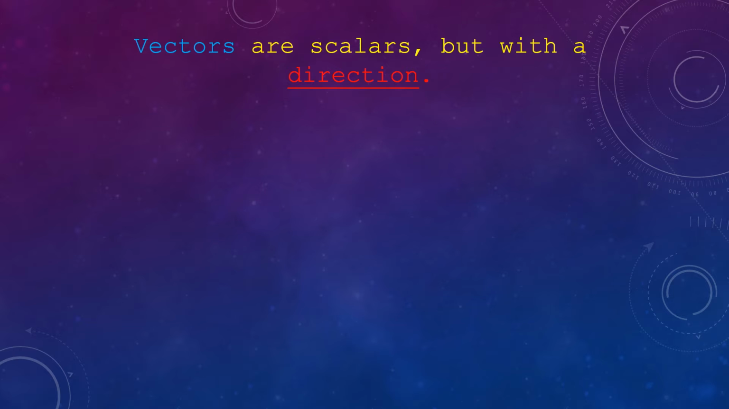So let's have a look at what a vector is now. Vectors are scalars, but with an additional property, direction. So let's look back at the previous example with the airport. I said that the distance between me and the airport is 10 kilometers. Now if I wanted my friend to pick me up from this location, it's not very helpful to him